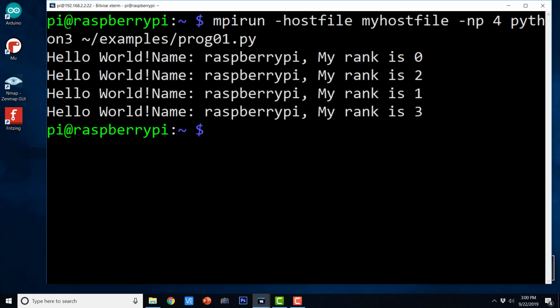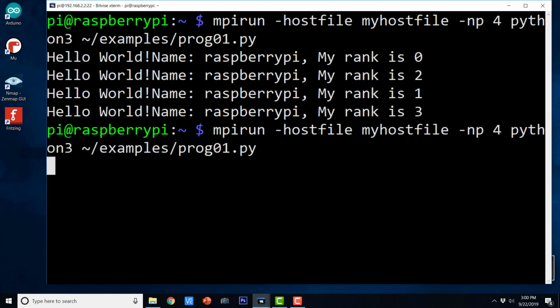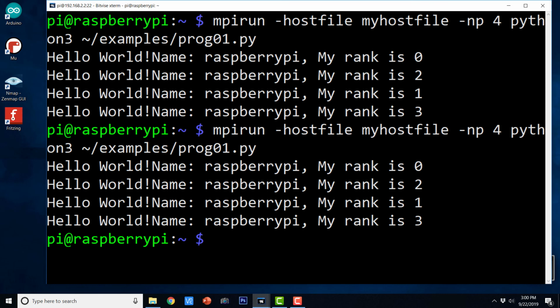Okay, because all of these things are running in parallel. So it is not that one process is going to run first on one host and then another process is going to run. So all these processes are running and the output actually shows us the same thing. So let me try to run it again. And this is the output.